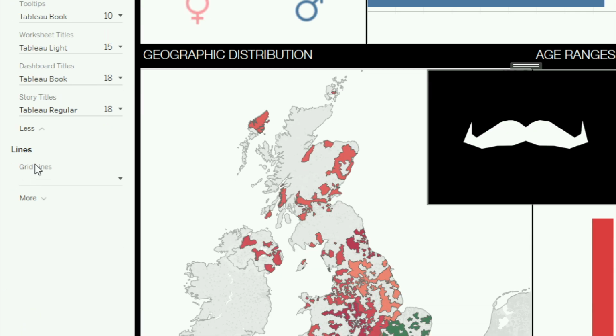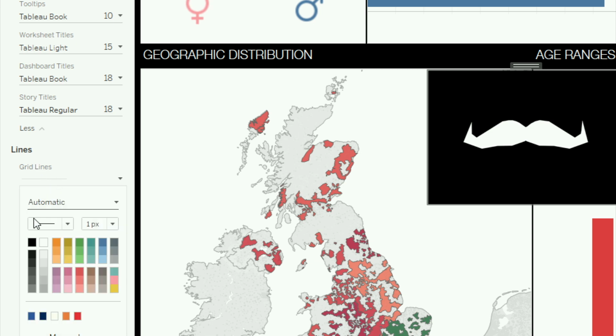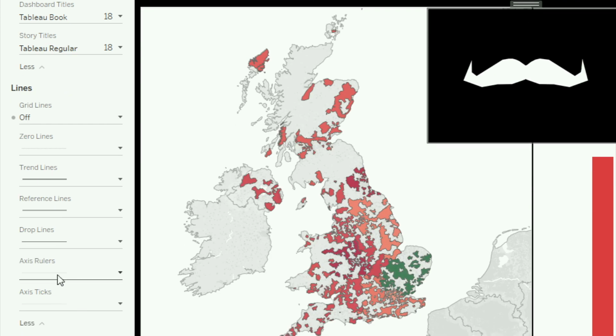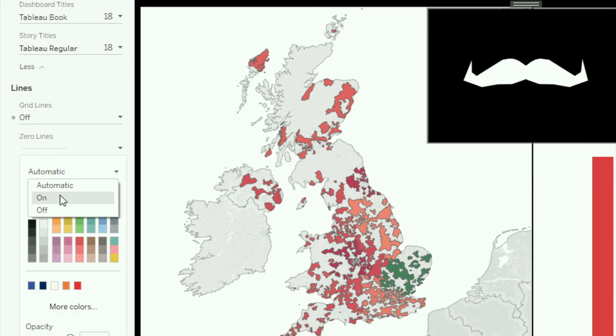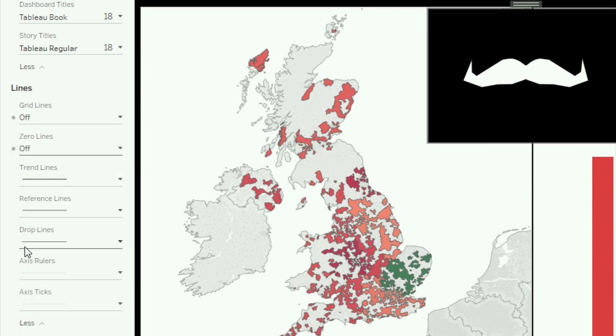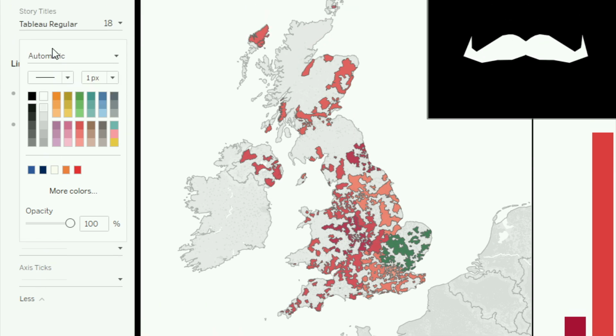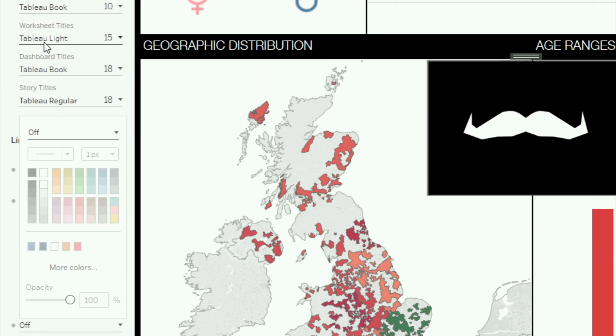And then I'll go ahead and remove some of these lines. So this is really a personal option for you and your organization. For Movember, I know that they like to go for a really clean look and feel. They don't want anything that looks like standard reporting. So I'm going to remove a lot of these lines just to simplify how the visualizations look. And again, doing this through this side menu means you don't have to repeat it for every single sheet.